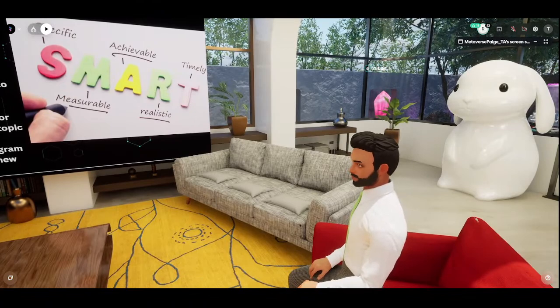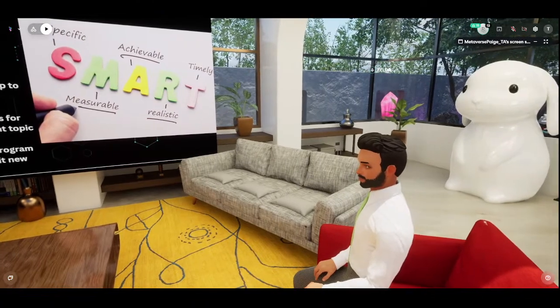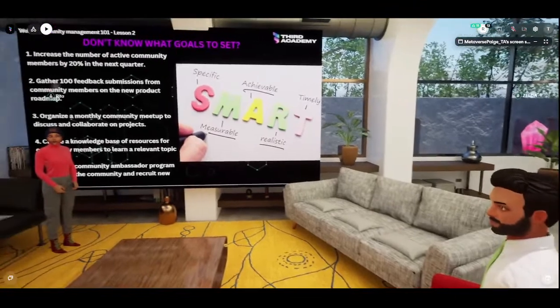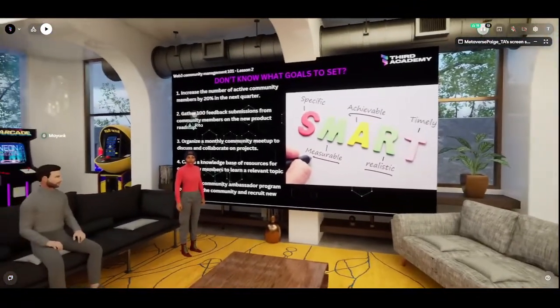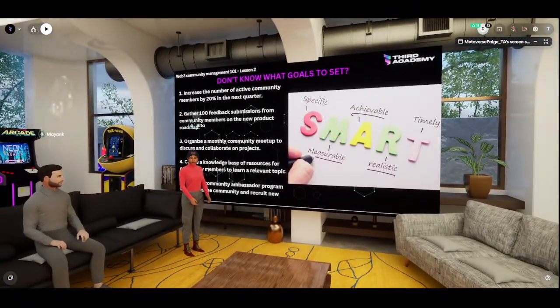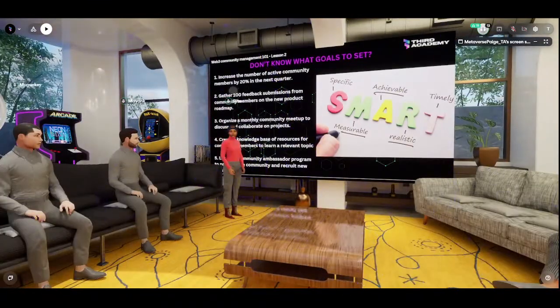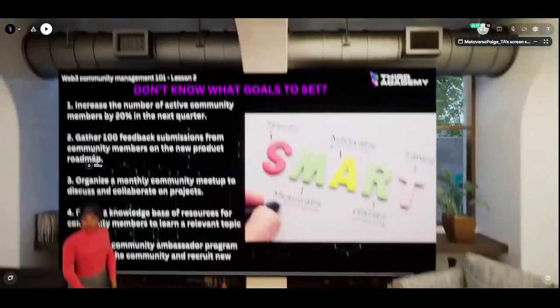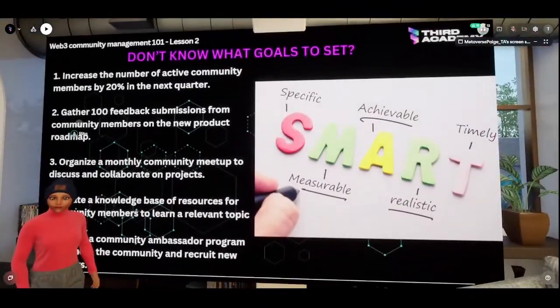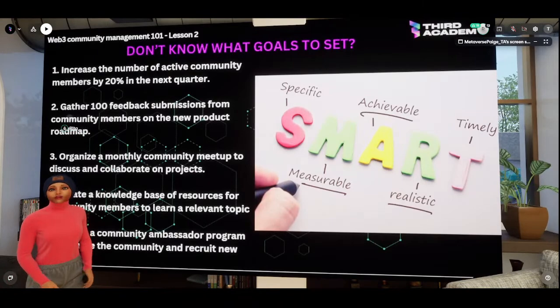So working for a product community could be you want to gain 100 feedback submissions from community members on the new product, right? And then forward that information to the product team developing your product. Your product could be anything in Web3. It could be a wallet, right, which is the most common that we have. Literally any other product.